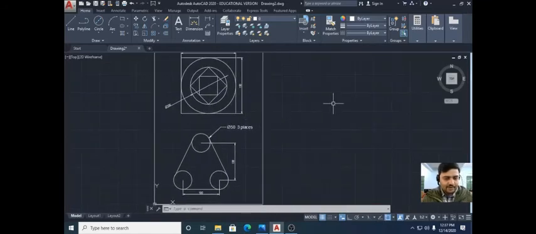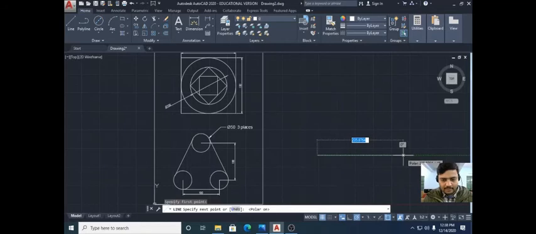So let's have a quick look at some basic parts. I'm going to teach you some basic parts so that you can learn the object snap tool again. First of all, I'm going to take a line. Okay, mark it 100.